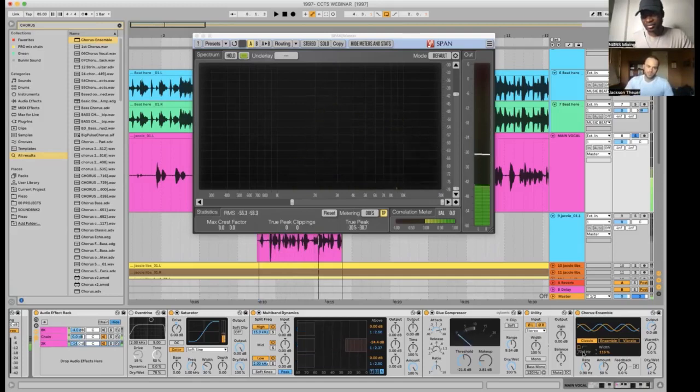Did the comb filtering come from the saturator? No, it's coming from the multiband filter, because they use crossovers. Those crossovers laying on top of the original kind of create this comb filtering.